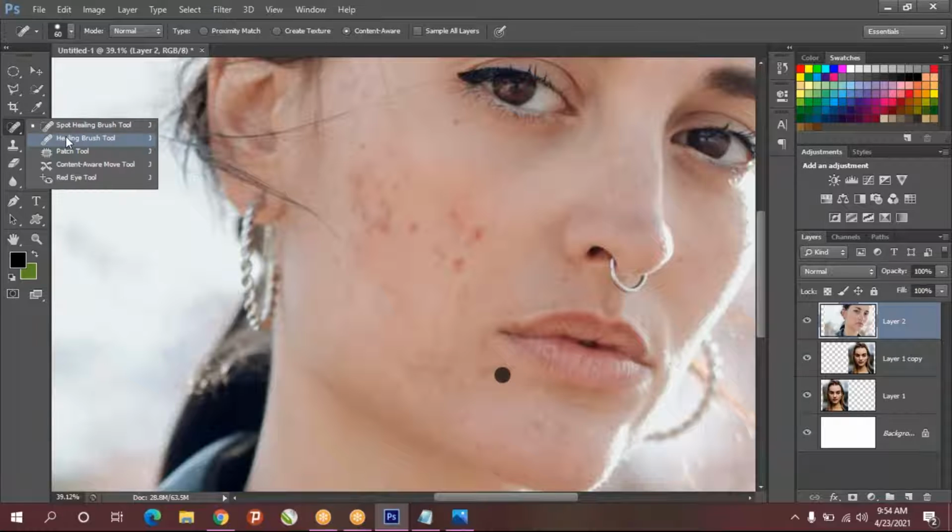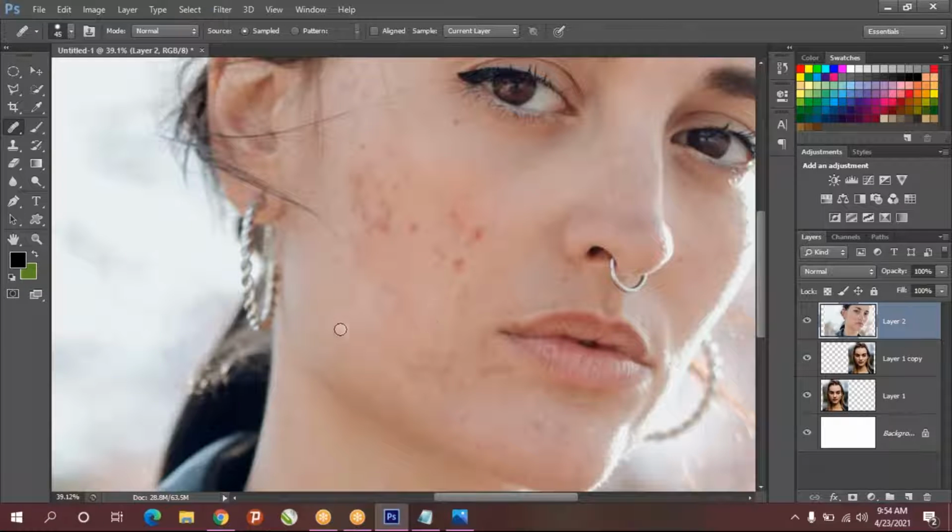Better than this is the healing brush tool. For example, like this I want it here, means click alt, then mouse left click. Just click, then go here.